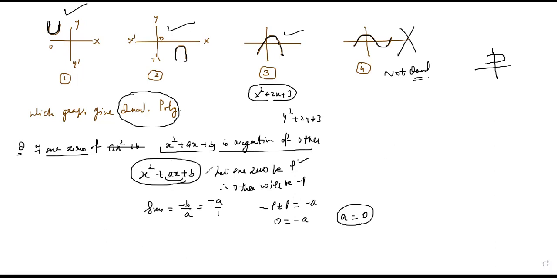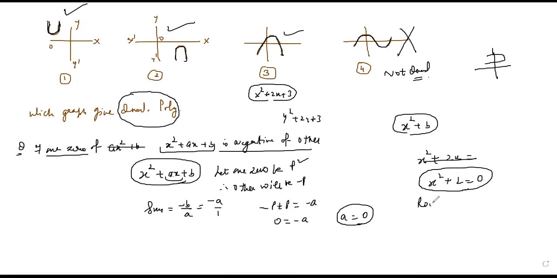So there will be no linear term. The equation will be like this. Suppose he's saying x square plus 2 equal to 0. If you get this quadratic polynomial and equation, then in that case, what will its two zeros be? They will be negatives of each other. Why? Because the sum is 0 here. Clear? So here the roots will be negative of each other. I hope it is clear to everyone.